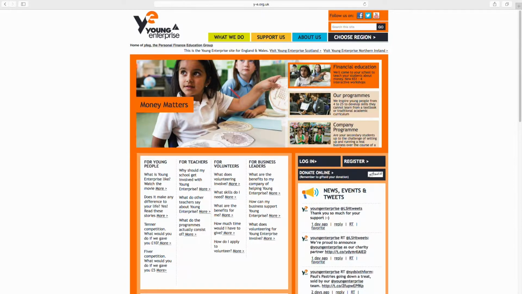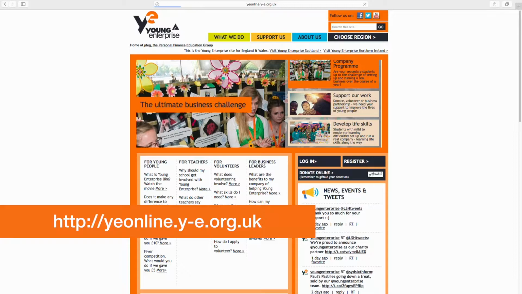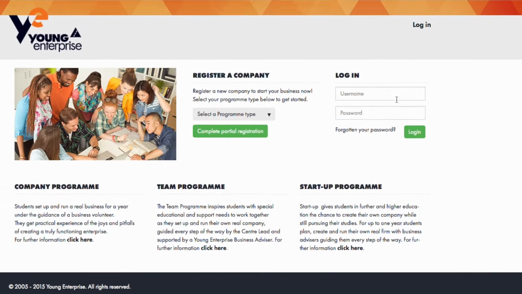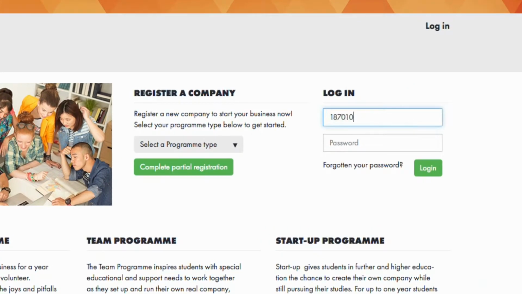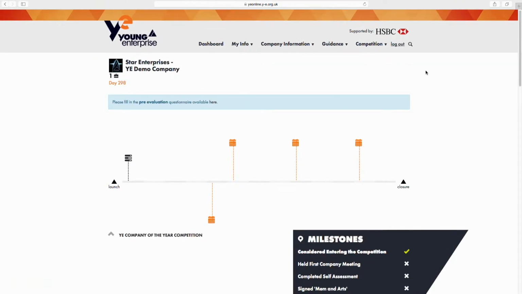of those shares. In this example, Mr. Bieber has just bought £25 of shares and given us £25 in cash. First of all, log in to the Young Enterprise website. Go to the URL on screen and then enter your login information. Your username is usually a number, and the password would have been given to you by your teacher or sent a lead. Once there, from the navigation bar, select Company Information